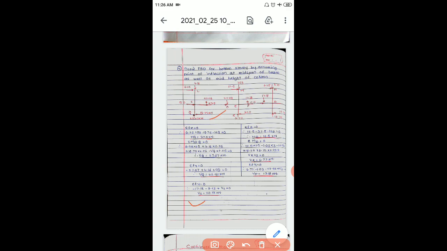Okay, and nothing will be changed or nothing will hamper. Whatever you are doing is the correct way only if you get summation of forces and summation of moment at that particular joint equal to 0. This is the self check, and if you are satisfying this equilibrium condition, then you are correct.